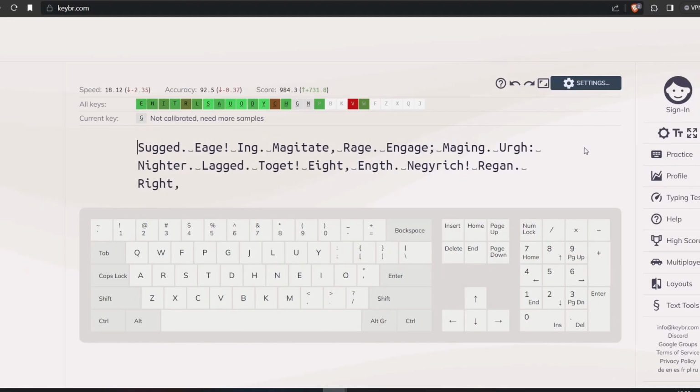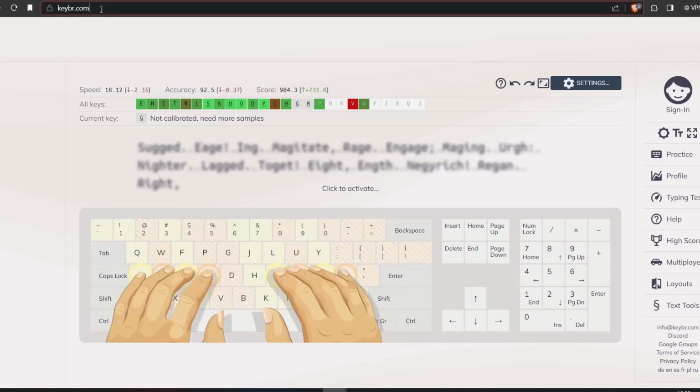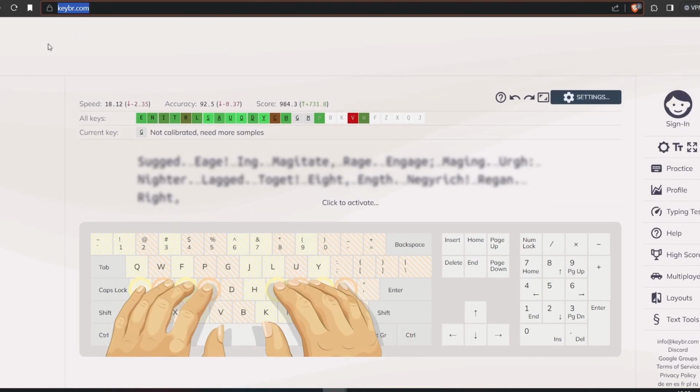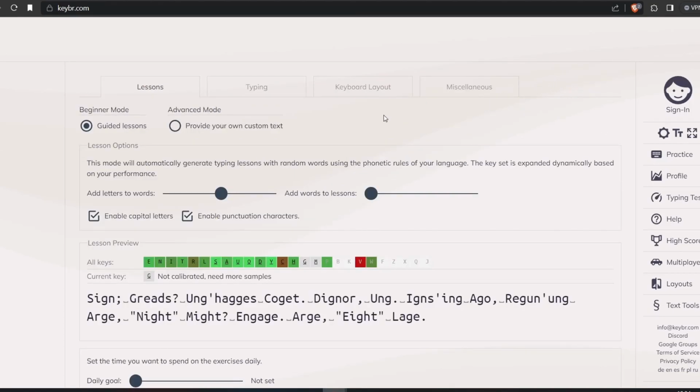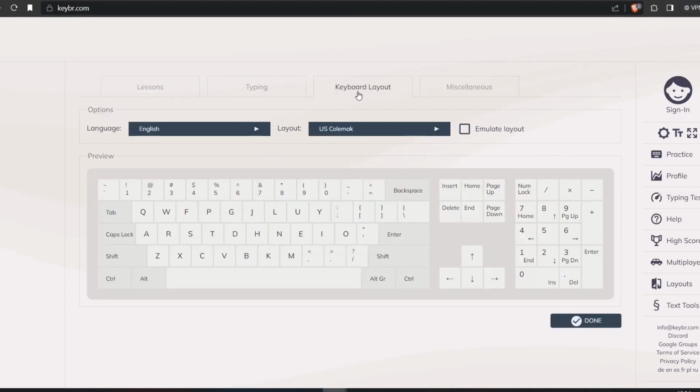I want to get started with Colemak and see how it goes. The best advice I can give you is to start by heading over to keybr. Keybr is a really nice, easy, free website that you can use to practice any keyboard that you come across. So if you go to keybr, and this is the main page, it shows you a keyboard layout on the front here. And if you head over to settings, you can come to keyboard layout here,